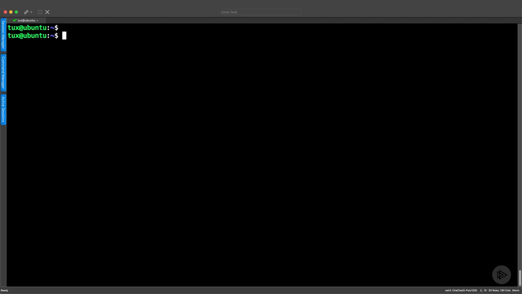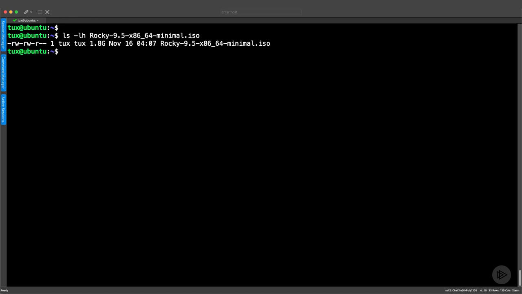Now, let's say I've already downloaded it. It's about 1.8 gig, so it will take a little bit of time to come down. But if I look in my home directory now, we can see that I have got the file, and as I said, it's about 1.8 gig. So depending on your network speed, how long that's going to take is going to be very much dependent